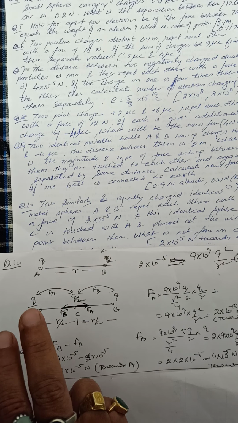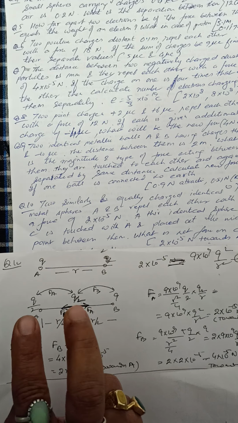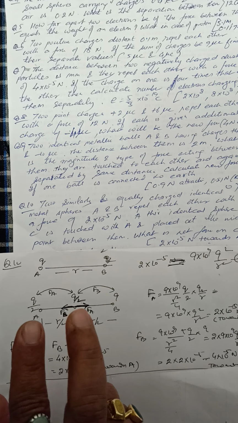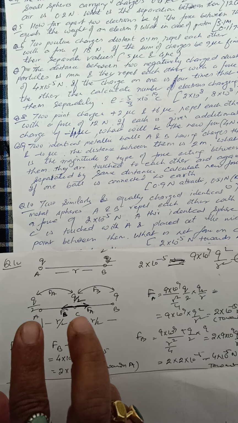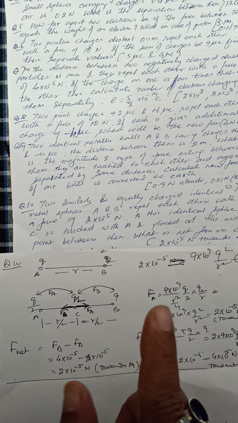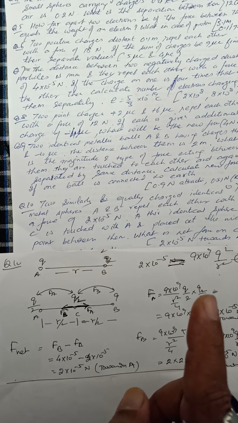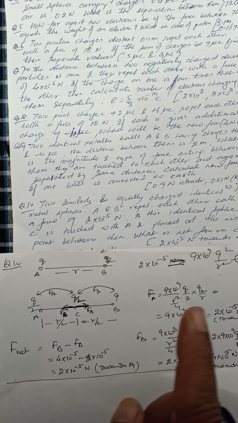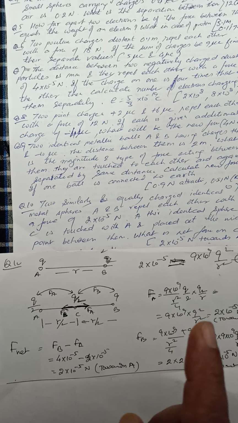So Q1 is this, Q2 is this, and the distance is R by 2 because the total distance was R. After putting the charges, the distance between A and C is R by 2. So Q1 is Q by 2, Q2 is Q by 2, distance is R by 2 whole squared, becomes R squared by 4. These two cancel, 4 cancels out, and we get 9 × 10^9 Q square by R